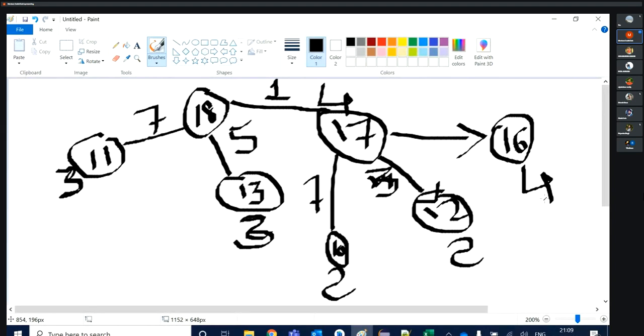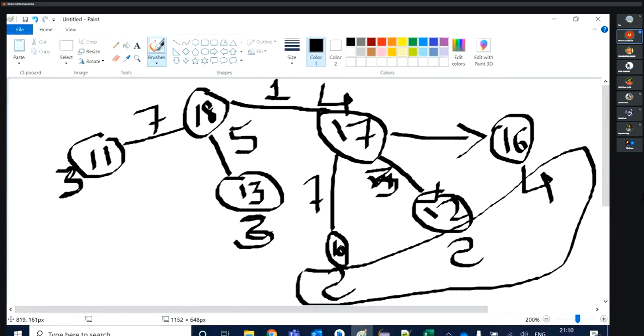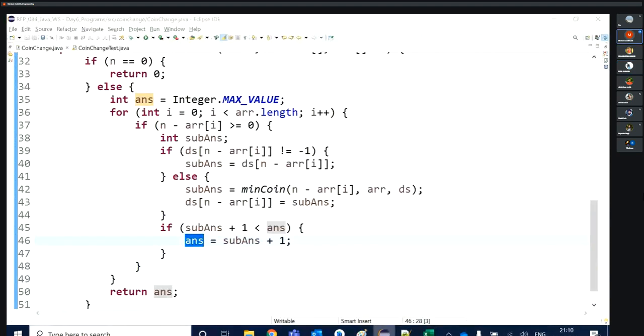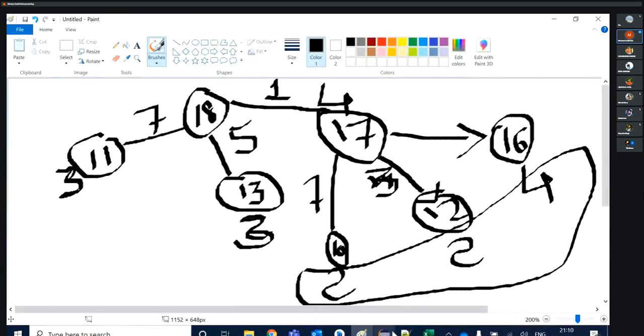So here we are getting different answers. So why I need to keep this is because of this. Let's say I have used the 1 rupee coin first. My answer becomes 4. Getting me? Then I am using the 5 rupee coin. My answer becomes 2. Not the answer actually, sub answer. These all are the sub answers. Sub answer becoming 4 here, and here sub answer is becoming 2.